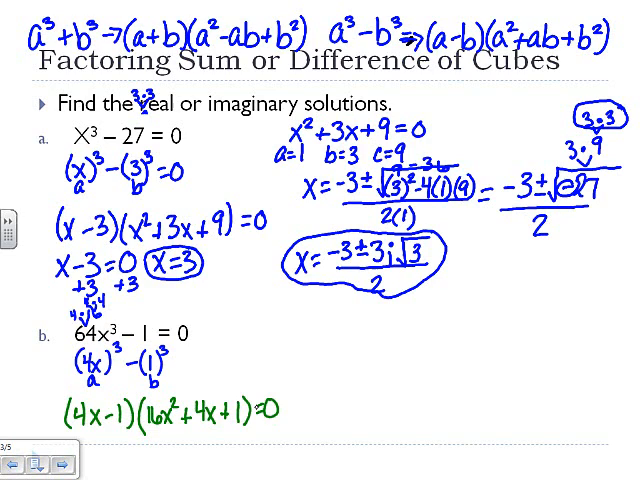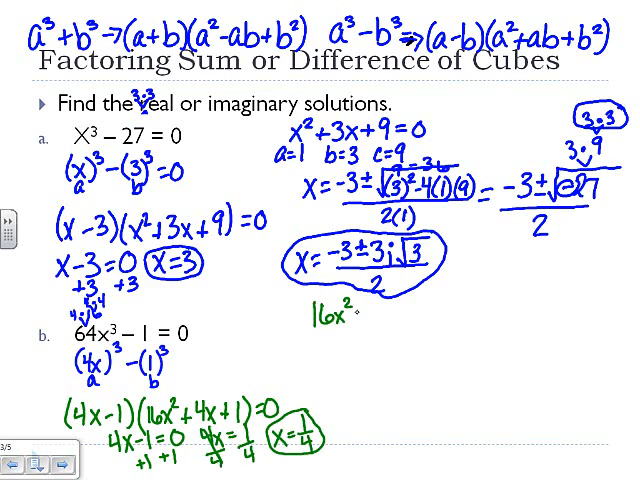To solve, we take our first parentheses and we set it equal to 0. So 4x minus 1 equals 0. Add 1 to both sides, and we get 4x equals 1. Then divide by 4, and we find that x equals 1 over 4. There's our first answer. Once again, to find the second answer, we have to try and factor this